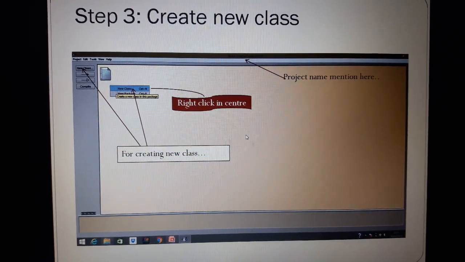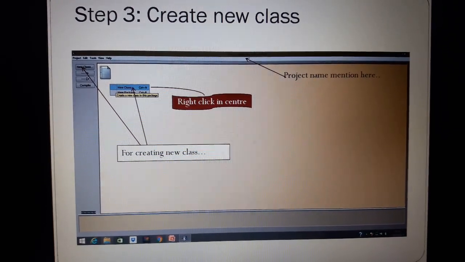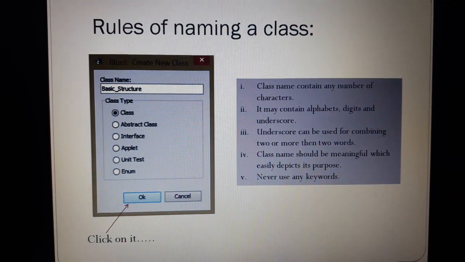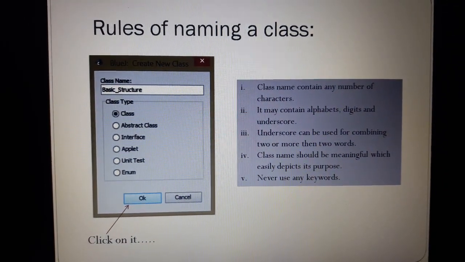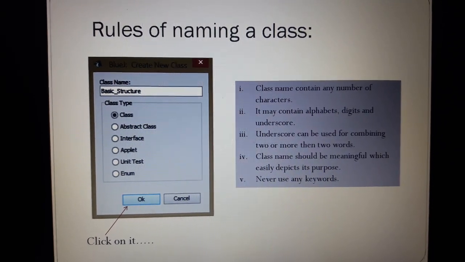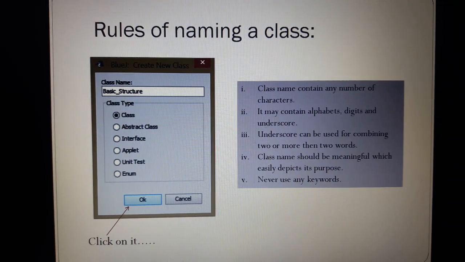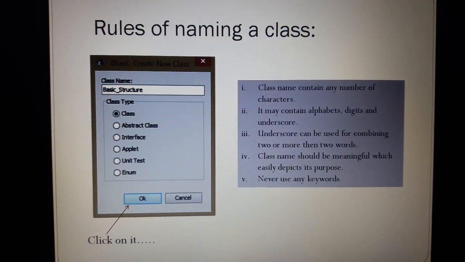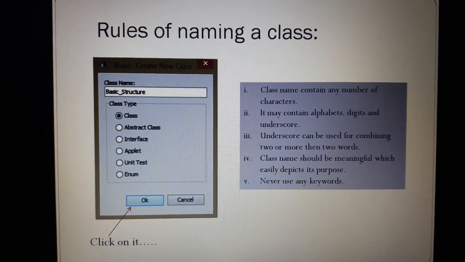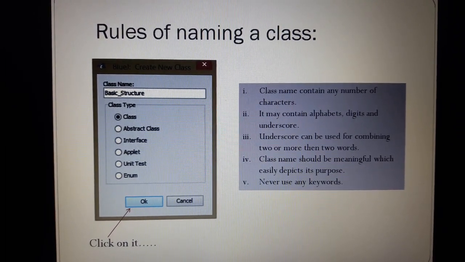After clicking on new class, what you are getting, see, one dialog box. In that dialog box you have to write the class name first. But a few things you have to remember for writing a class name. A class name can contain any number of characters.